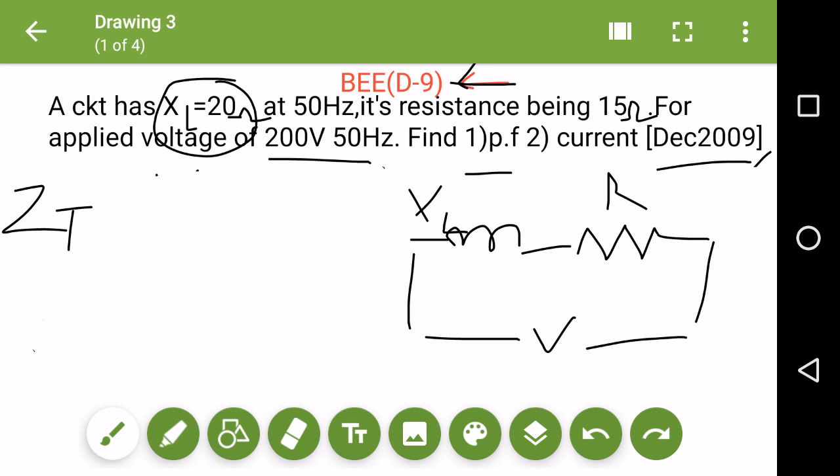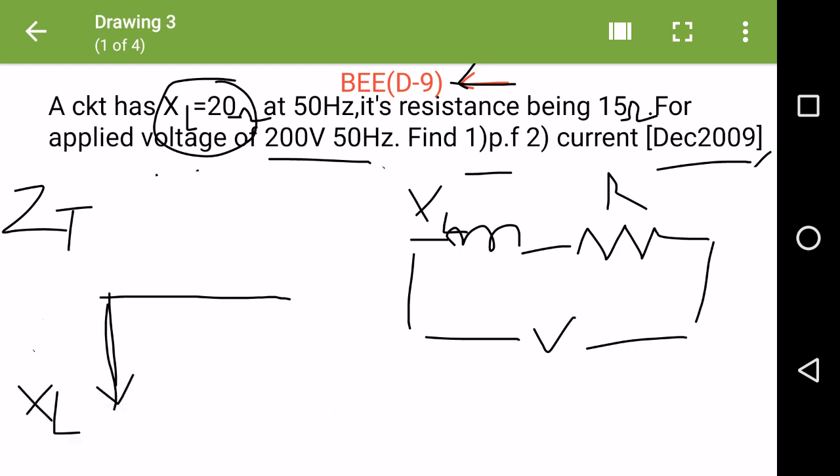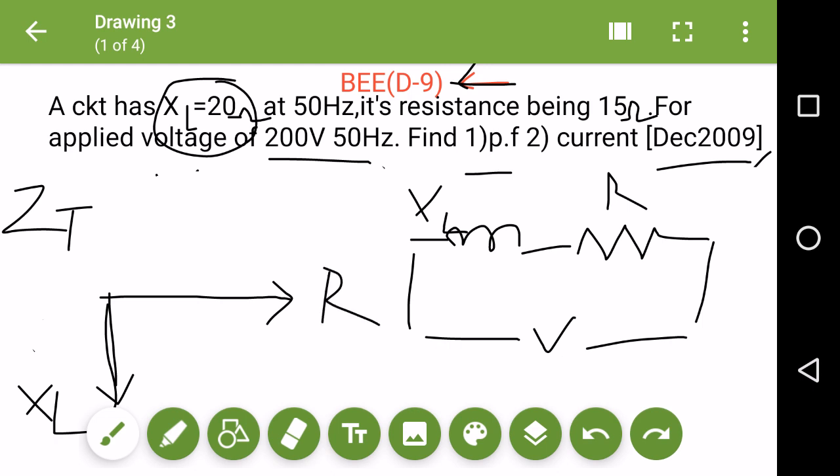We know from the phasor diagram that the inductance lags behind, and the resistance goes in the same direction. So this is my inductance, that is XL, and this is my R. These are at 90 degrees. The value of the inductive reactance is 20, which is given, and the value of R